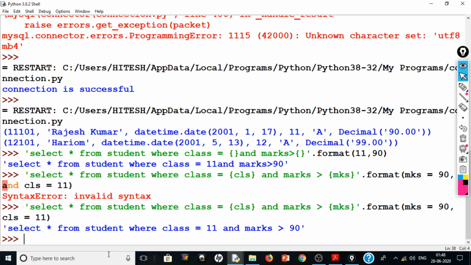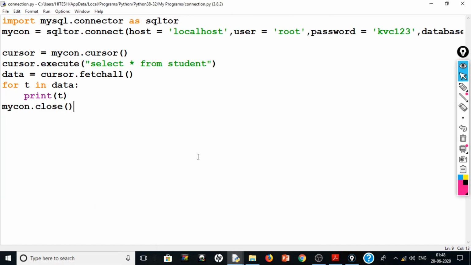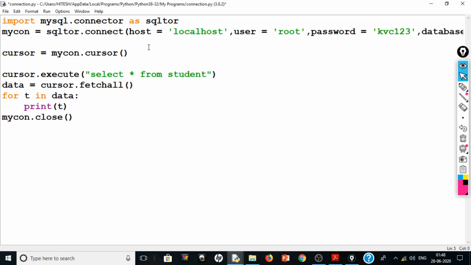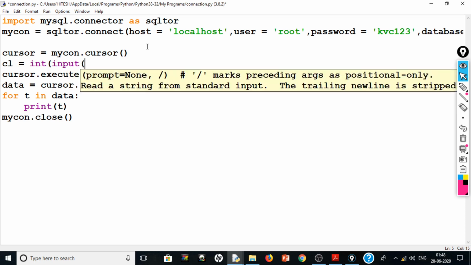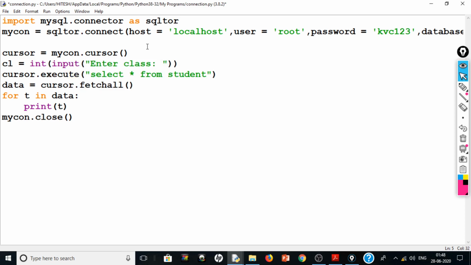Let's try to use this in an example of fetching records. We say cursor.execute("select * from student"). Suppose we ask from the user CL = int(input("Enter class")), right? So the user will enter the class and we want to see the details of only the students in that class.